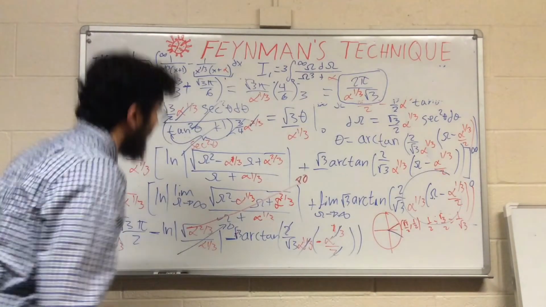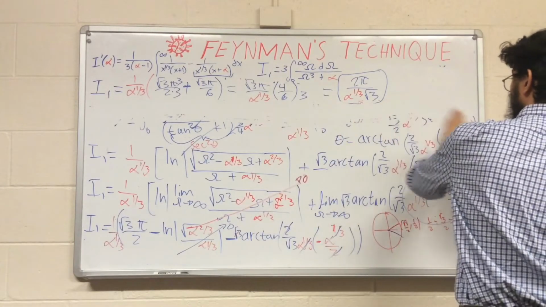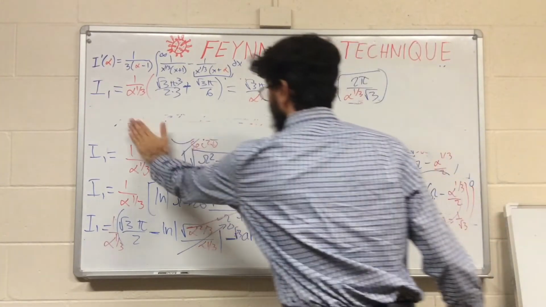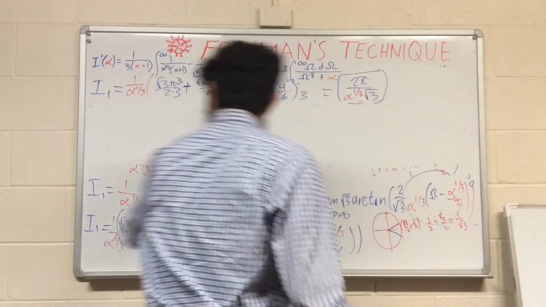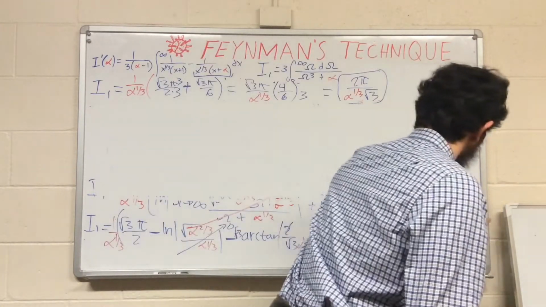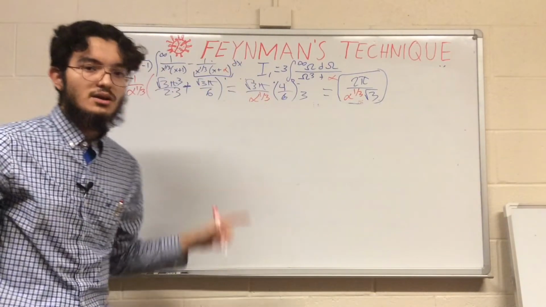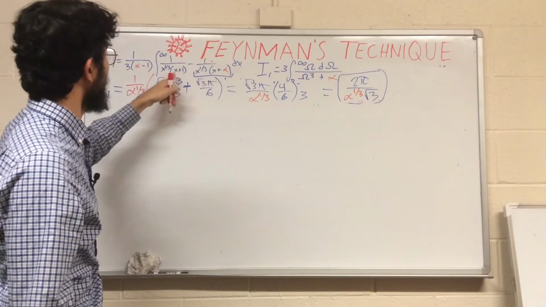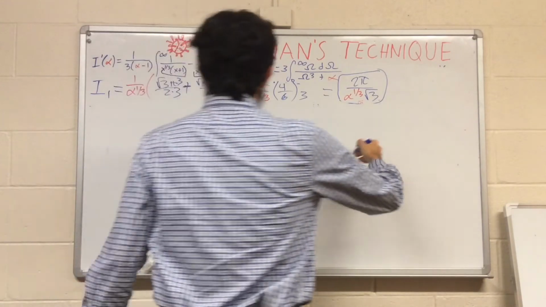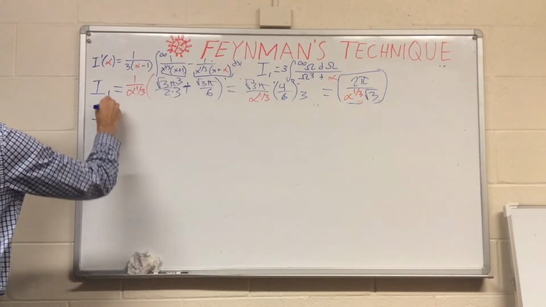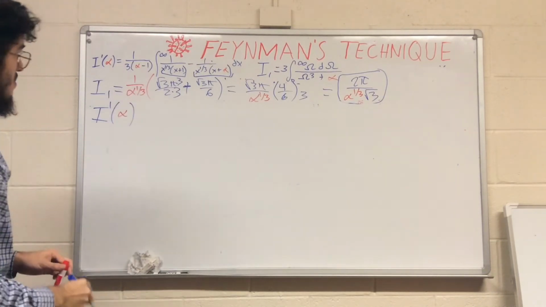But now, to find the entire expression, so to find I prime of alpha, we do the following. We take advantage of what we just found. Because I1 is this over here, this one integral, we want to do the same thing for this over here, okay? So if alpha over here is 1, that means the final answer for I prime of alpha will be equal to